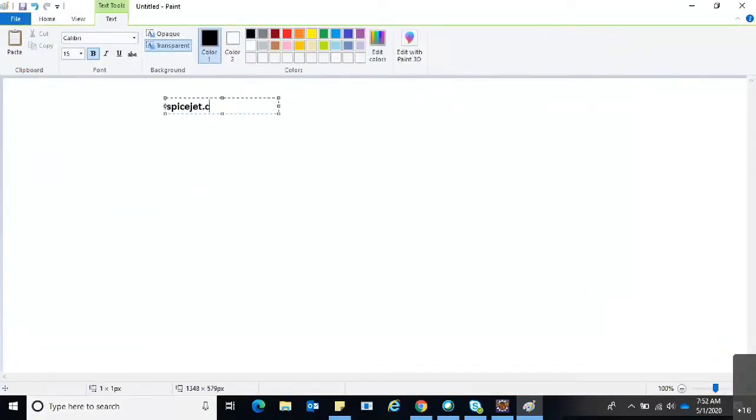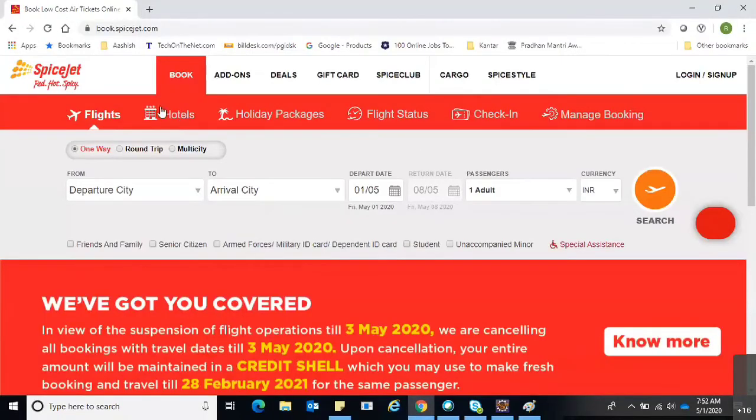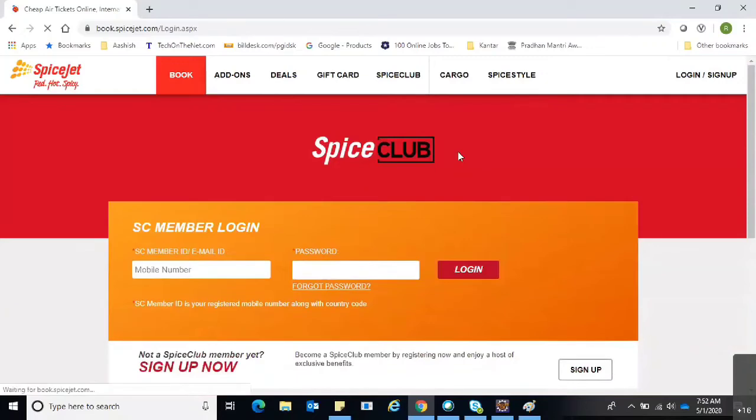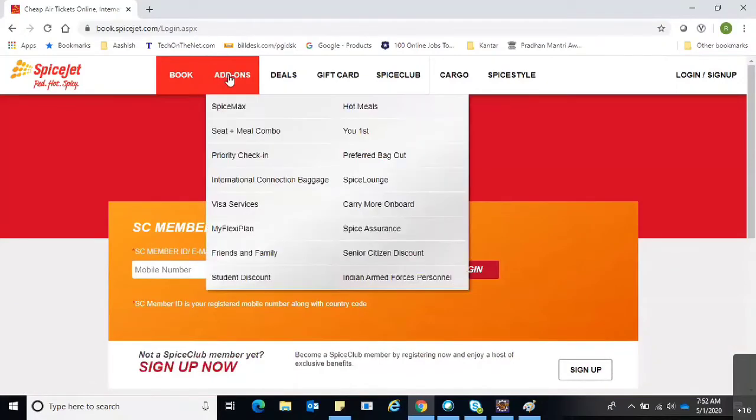I'm using spicejet.com. In this site, we might have 10 pages. This is going to be considered as one web page. And see here, when I click on member login, it will navigate to another page. So this is going to be considered as another web page, that is the login page.